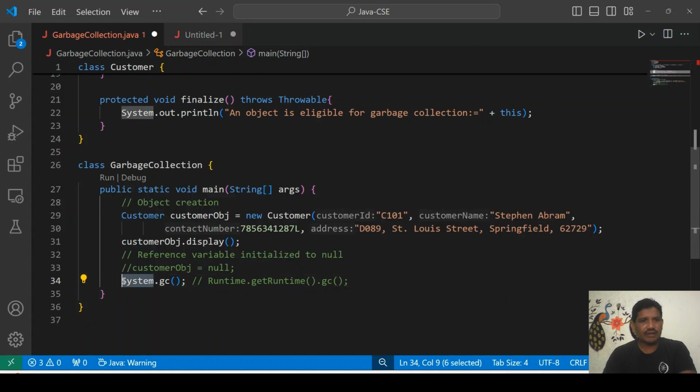System.gc. System is a class name. The gc is a static method. It will be called by using the class. The statement is used for requesting garbage collection. Then the garbage collector will scan the objects,